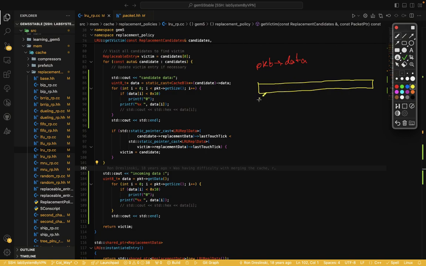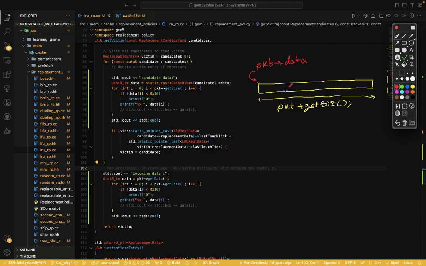And this, with packet.getSize, is the size of the data of the packet. I point to the index of this array.